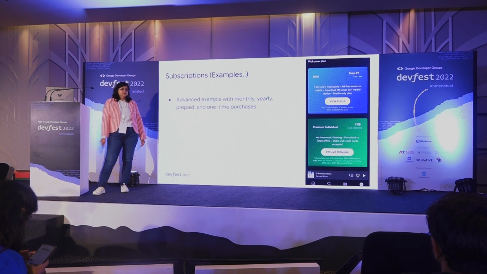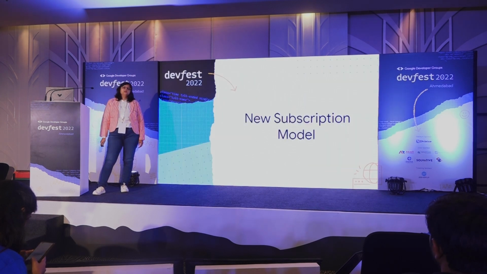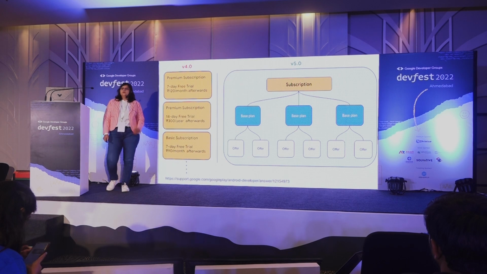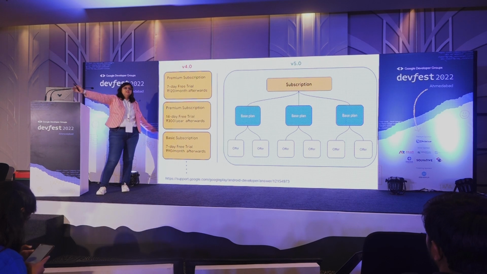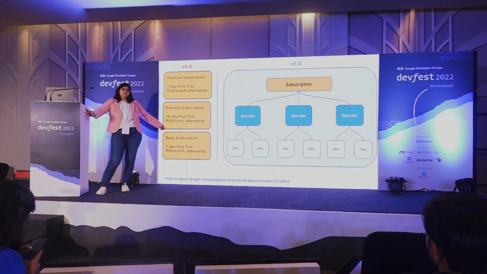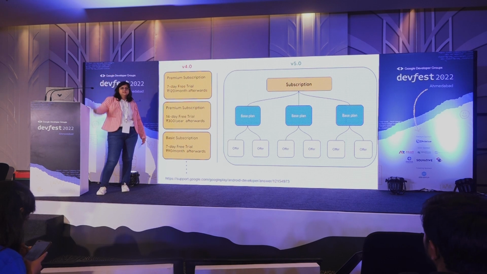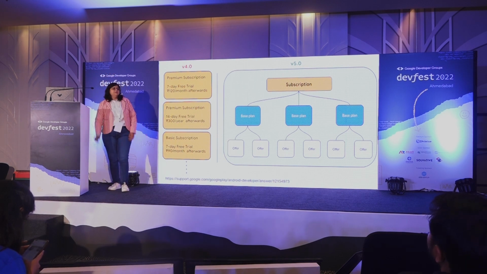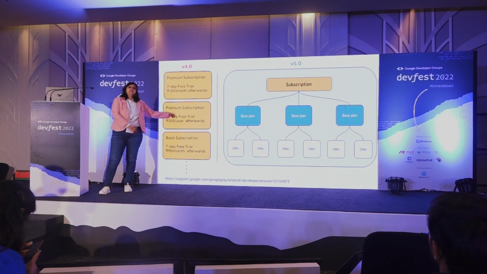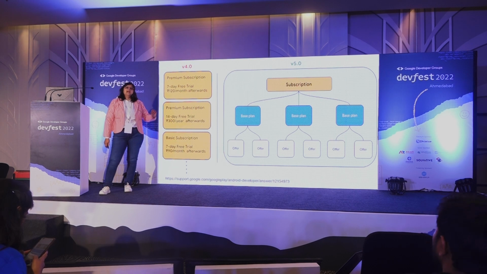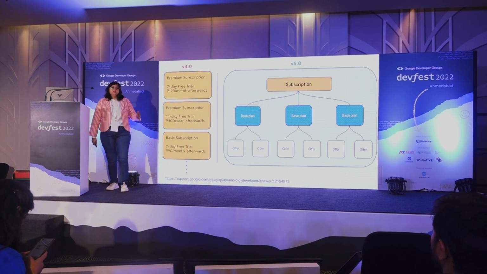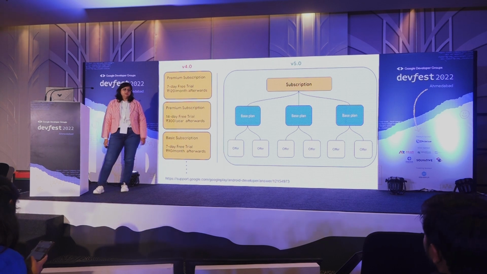So coming to the new subscription model, those who have worked on the in-app subscriptions would know that earlier subscriptions were a batch of subscriptions that you had in your app, a constant list of SKUs, with separate ones for premium, basic, monthly and yearly. There is a free trial which you add directly in the console and your users get it. So now in version 5.5, they have made this life easier for us developers, and they have added